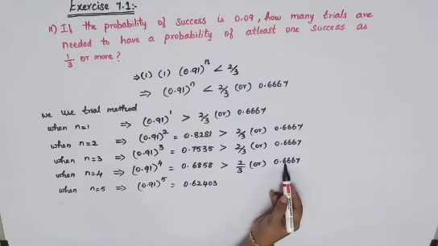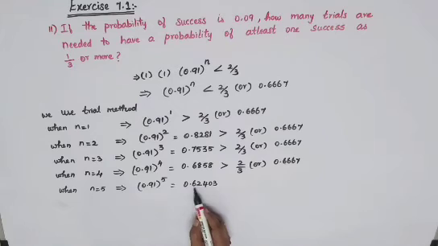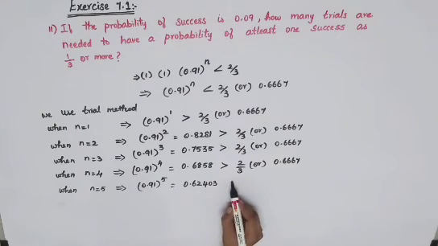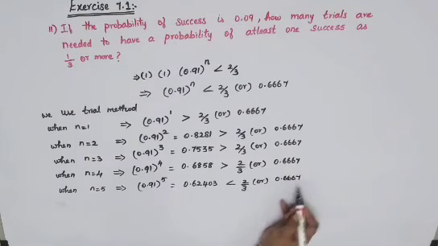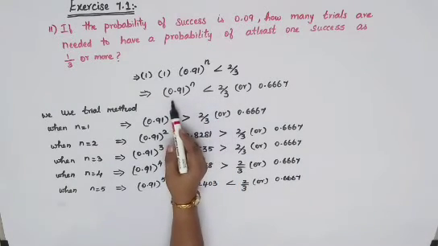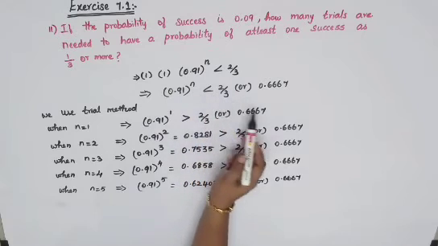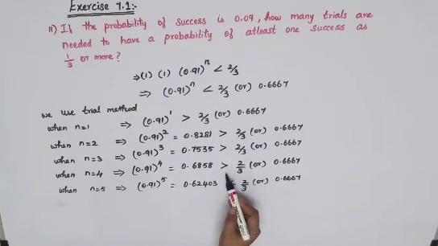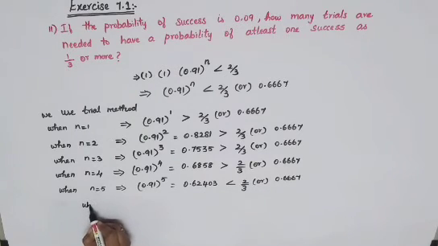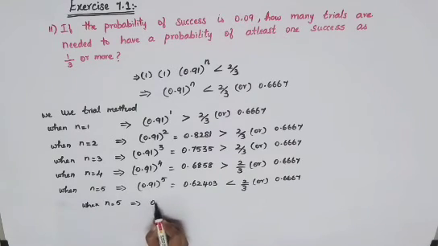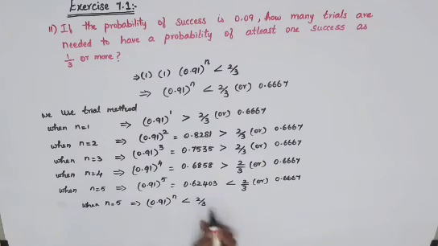I'll get it as 0.62403. Now you can see here 0.66 is there, but here 0.62 only it is there. So it will become less, which is less than 2/3 or 0.6667. So this is the condition we need here. You can compare and see 0.91 the whole power n should be less than 2/3, but everywhere it is greater. Now it has come to less. So we can declare the answer when n is equal to 5. We have got the answer 0.91 the whole power n, which is less than 2/3.